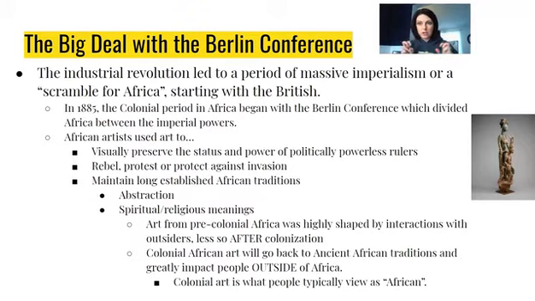So keyword here, coast. They could stay on the outsides. Eventually, this is going to change when the Industrial Revolution, one of the byproducts of that, is going to be that they created vaccines. So now they will be able to fight against diseases like malaria and actually go into the heart of Africa